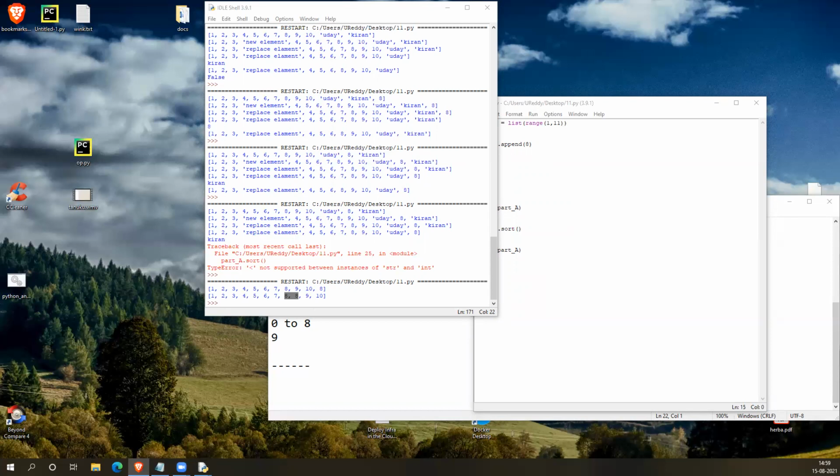So there is one more important concept left in the list, that is called list comprehension. That is to apply a for loop while generating or modifying the list, creating a new list.